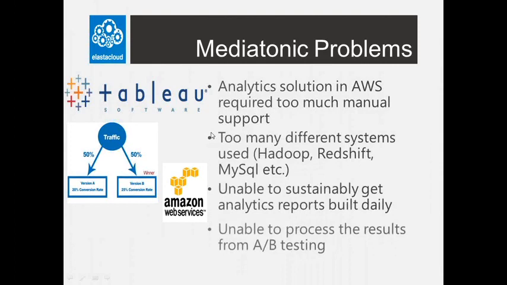It used MySQL. Some of these are platform services, some of them are infrastructure services, some of them are relational databases, but there were a lot of discrete systems that all had to work together to be able to generate their analytics. Sometimes this failed, so they had to rerun processes because there were too many moving parts,